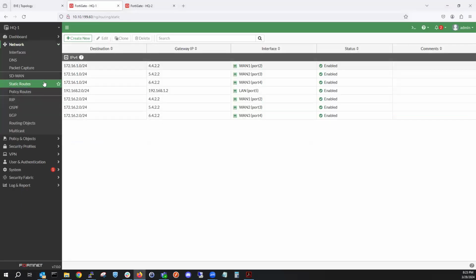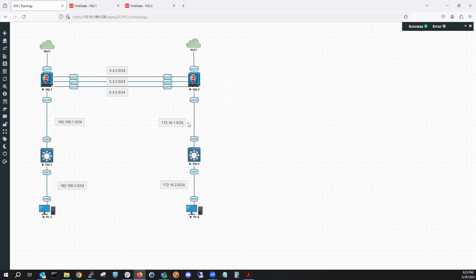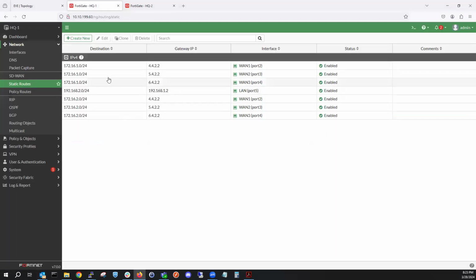Well, we have multiple routes here for 172.16.1.0 and 172.16.2.0, right? And they all live behind the same firewall. But is there a way so that we don't have to have multiple individual routes for each network? Is there a way to cover both 172.16.1 and 2? What we can do is use summarization. That covers both, okay? And so what we can do is go ahead and delete these routes,